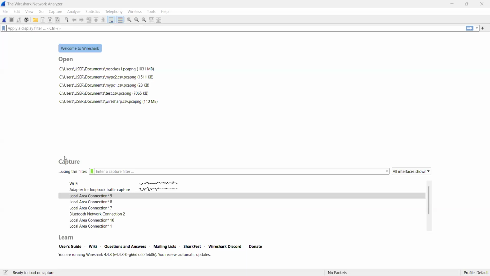Now below that you can see capture. What can I capture? It's showing you the